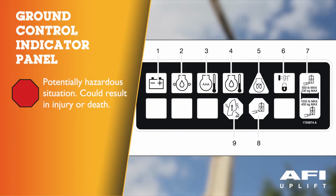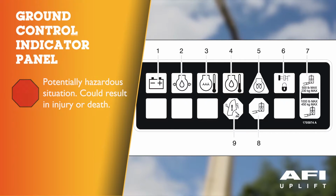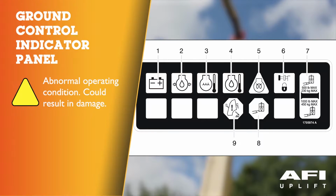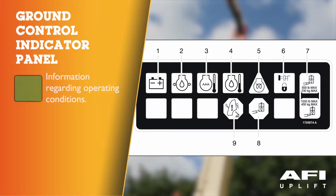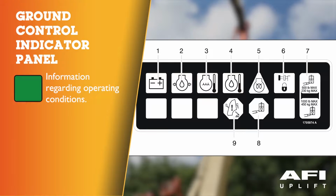Hexagon indicates a potentially hazardous situation, which if not corrected could result in serious injury or death. This indicator will be red. Triangle indicates an abnormal operating condition, which if not corrected may result in machine interruption or damage. This indicator will be yellow. Square indicates important information regarding the operating conditions. This indicator will be green, with the exception of the capacity indicator, which will be green or yellow depending upon